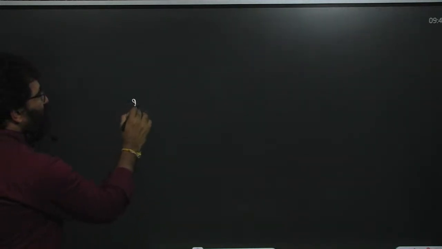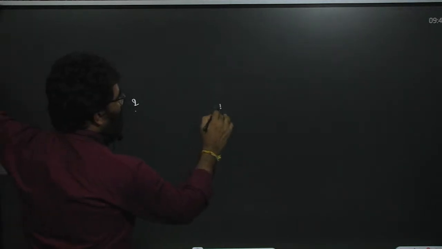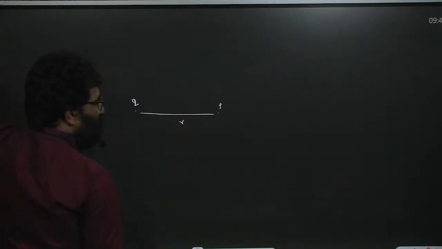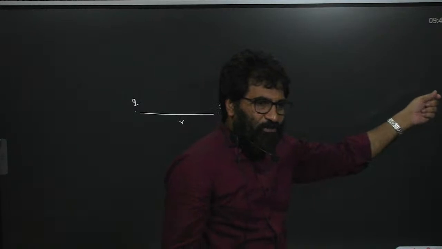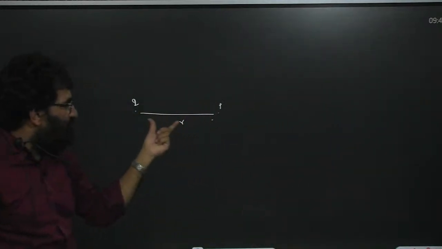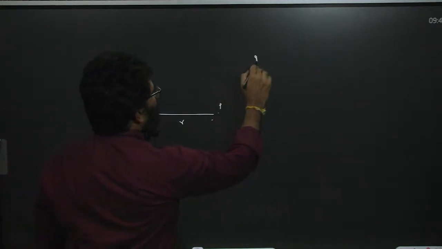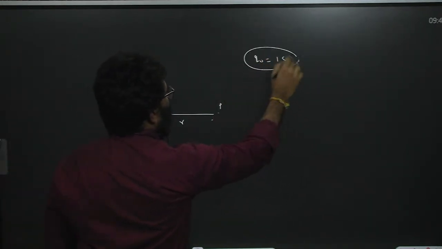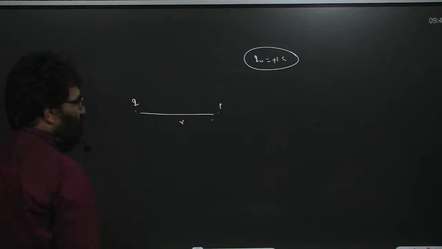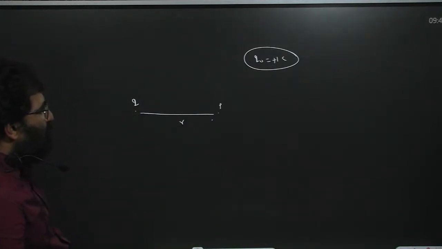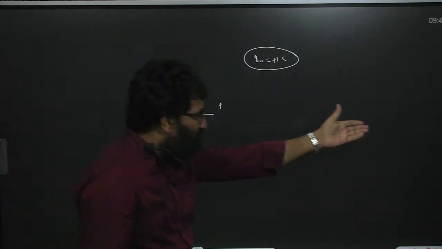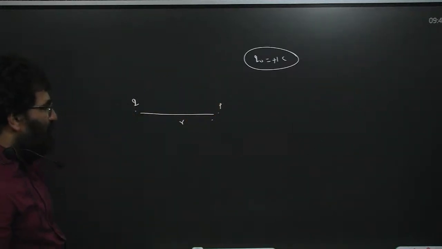Next, coming to potential. How to calculate potential? When we keep a charge q, we find the potential at point P at a distance r. So bring one charge from infinity to just at a distance r from the charge q. The test charge is what you always take? A unit charge, 1 coulomb. A positive unit charge is called the test charge. Work done by the external forces in bringing the charge from infinity to this particular distance r